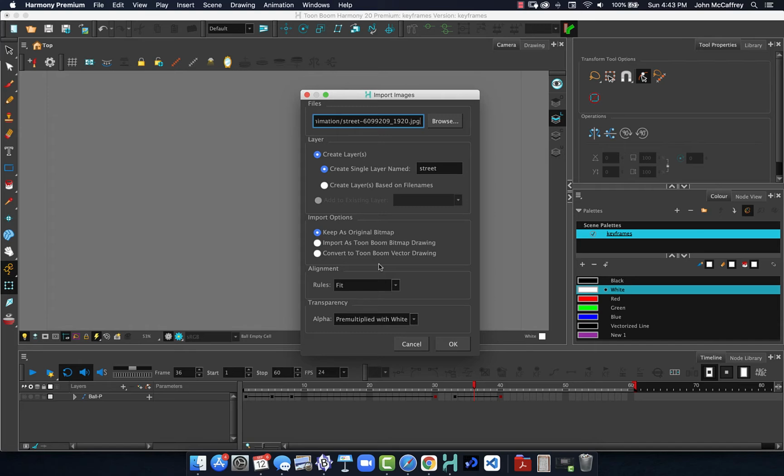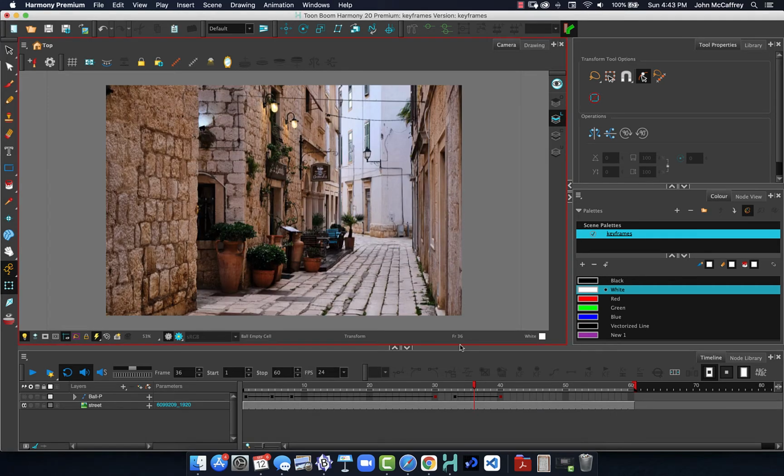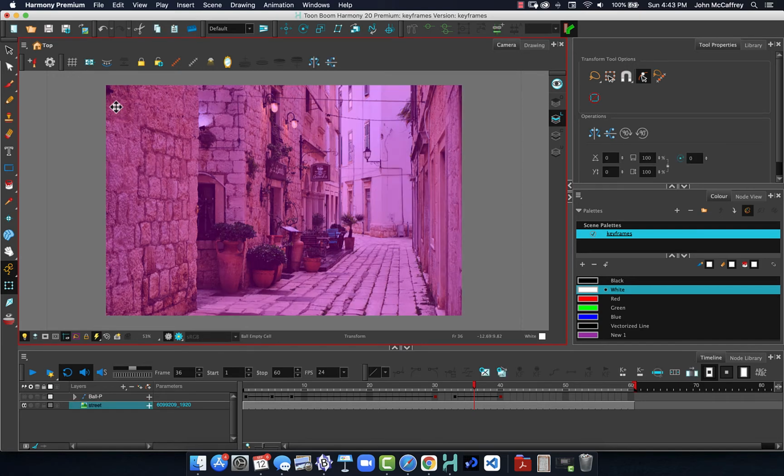If I'm just going to be using it as is, I don't need to worry too much about any of the other options. Down the road we'll look at what some of the other options are, but because I'm just going to use it as is, I can now bring that image into my project. We can see it is now sitting down behind, and what I want to do is to now select this image,